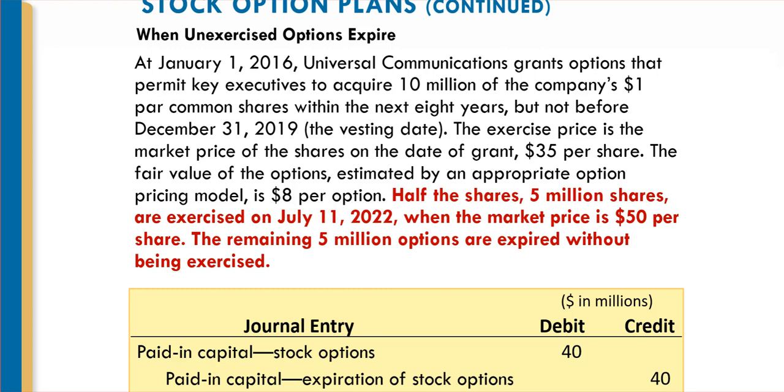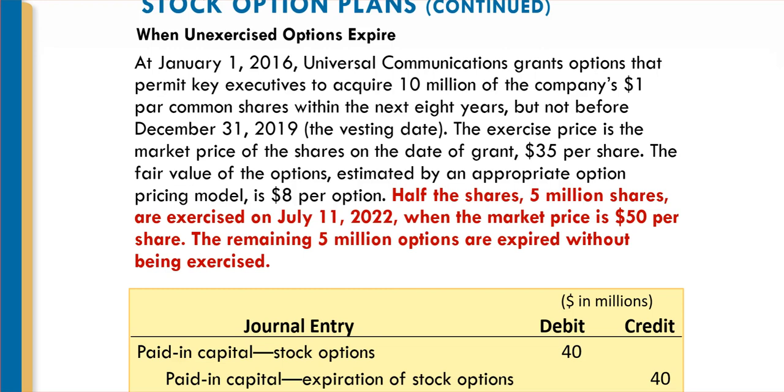They would just go out and buy it in the marketplace for $34. That option has no value. It does not get used. Now, if it's not used, you don't go back and reverse out your compensation expense and your paid-in capital and all this business. You're going to transfer it over and end it at the end of the time period, because you have to leave it open. You leave it open until it expires. You can't close it up.